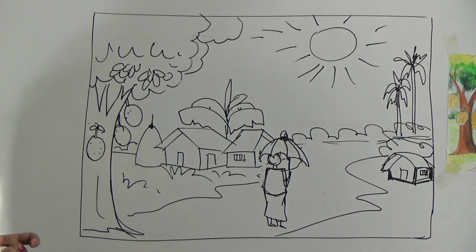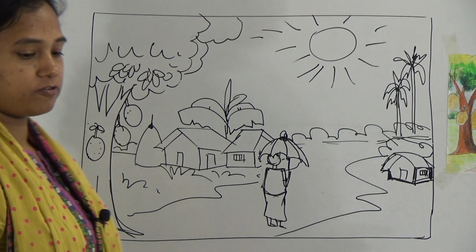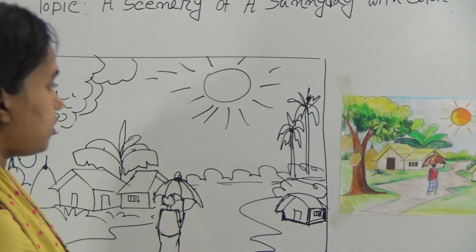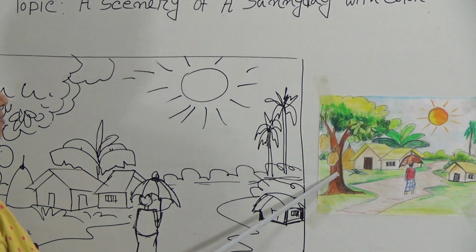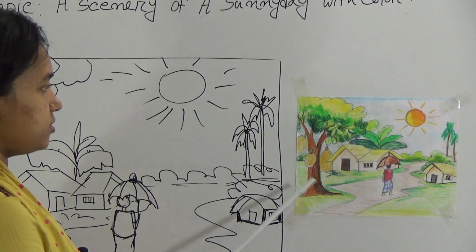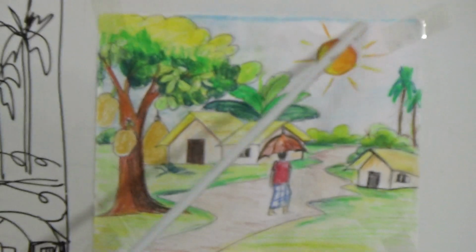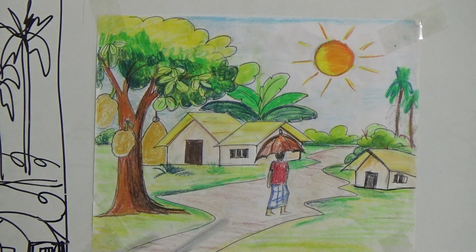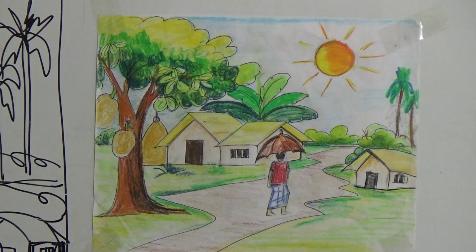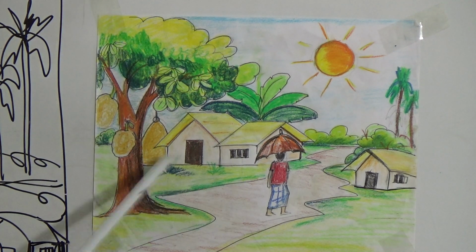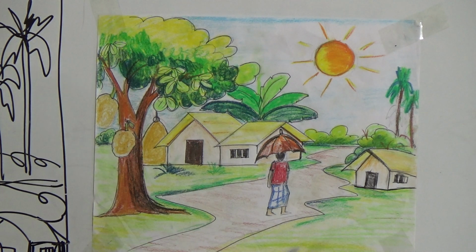So dear student, now I will brief you what type of color I have used on your topic. Look at this, I have already colored it for you. Here I have used very light sky color because here it is mentioned that it is a sunny day. For sunlight there is no cloud. Then I have colored the field portion. First sky portion, then field portion.